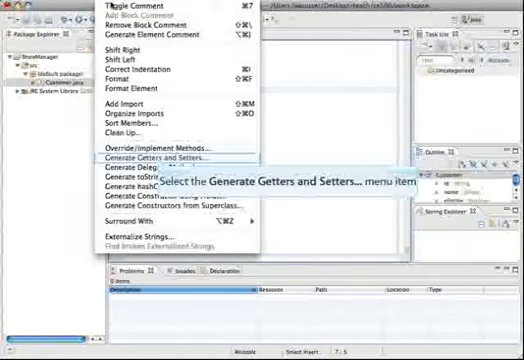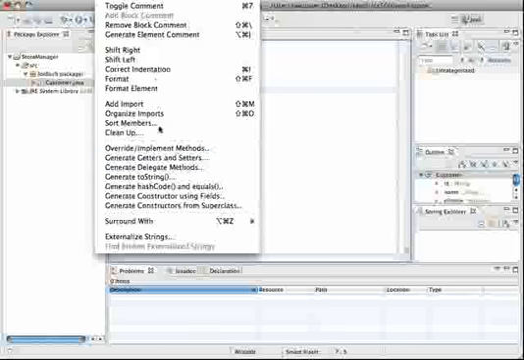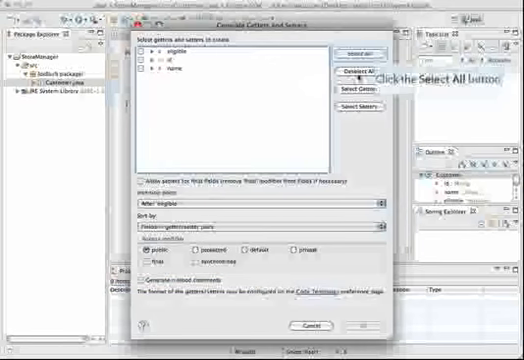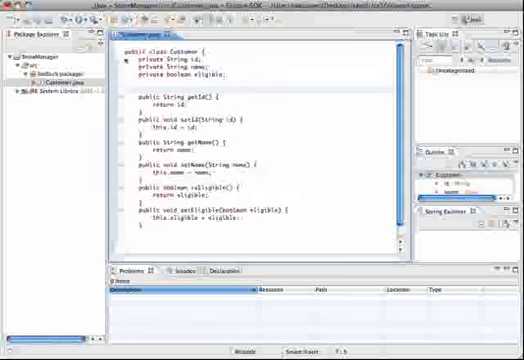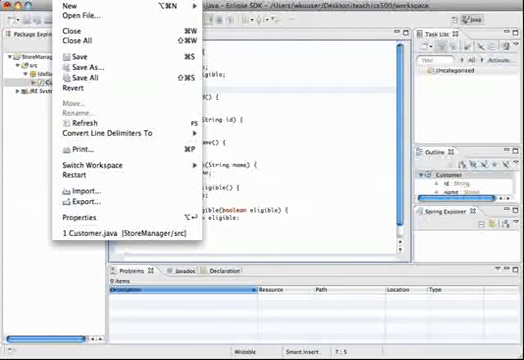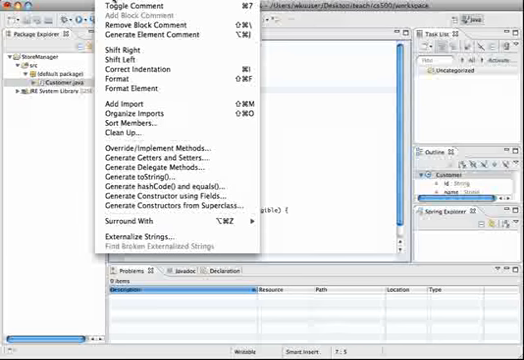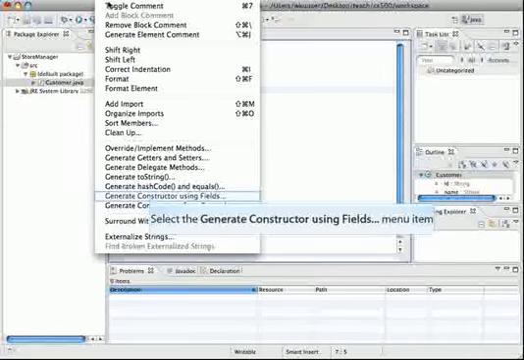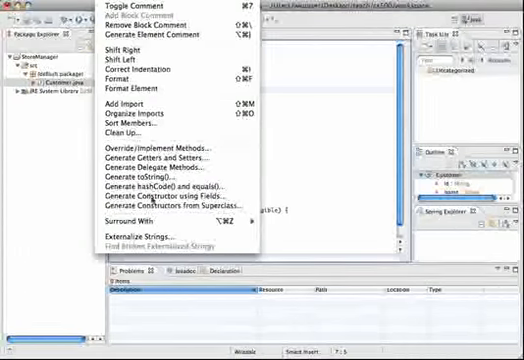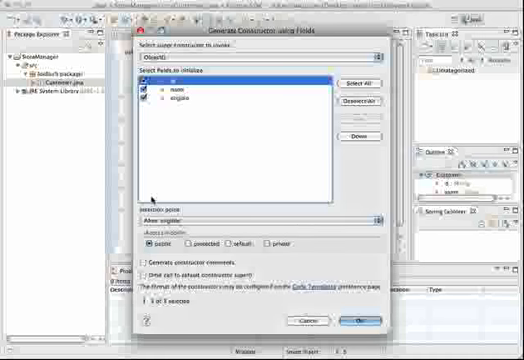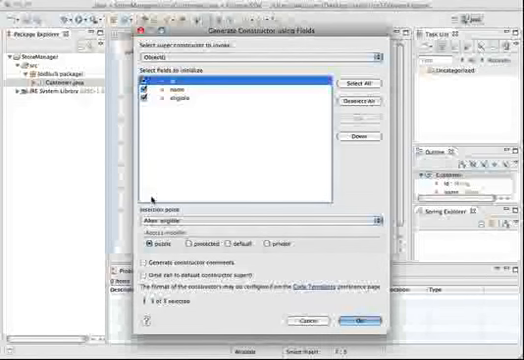Then I'm going to generate the getters and setters, which is a very useful feature in Eclipse. I'm going to generate getters and setters for each of the attributes here. Then I'm going to generate the constructors. You click on source, and then you are able to